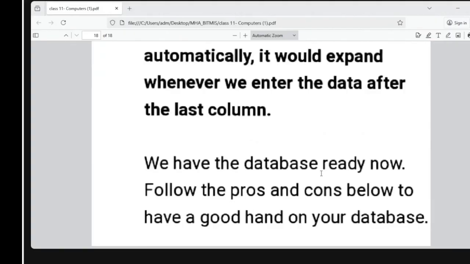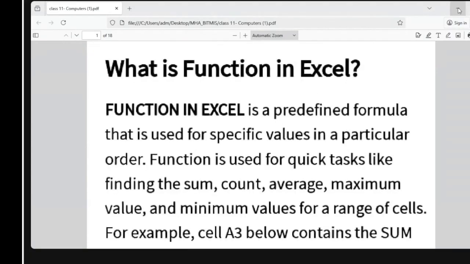Now we will move towards the next Microsoft application software, that is called MS PowerPoint. In previous classes we studied about Microsoft Excel, and today we will study about what are functions in MS Excel. It's very important, because MS Excel has predefined formulas that are called functions, which we use for calculations in spreadsheets, because MS Excel works on numerical data.